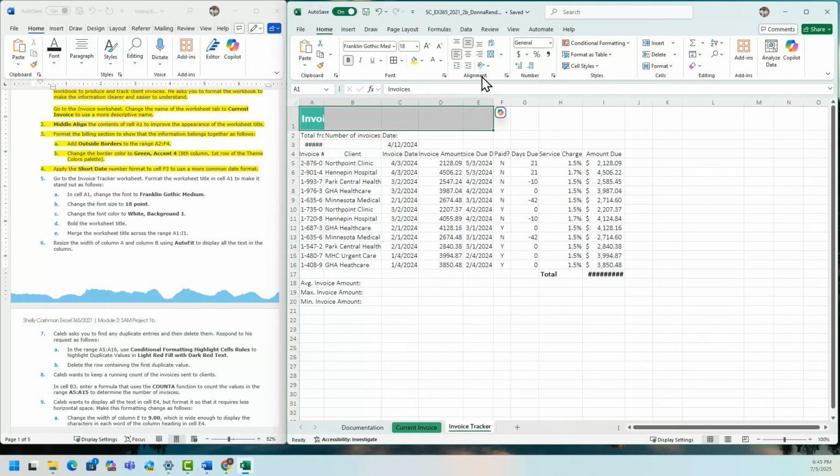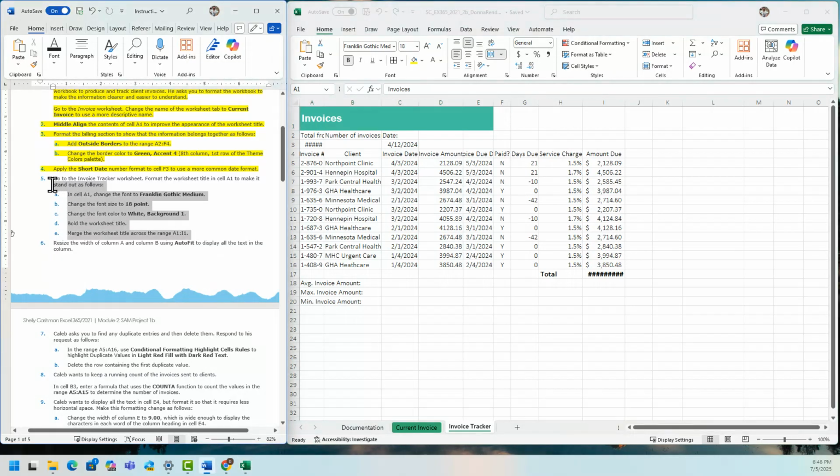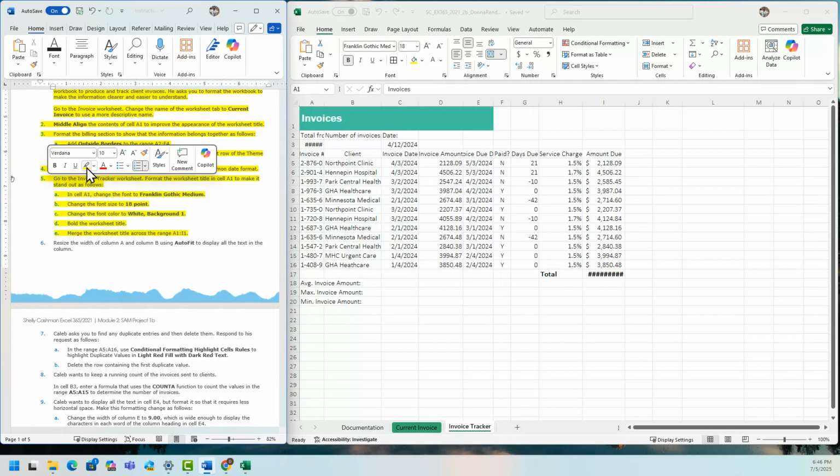Merge the worksheet is here, but I'm just going to merge cells. So you have to select the down arrow and then merge cells. Okay, so basically I'm done with step 5, A, B, C, D, and E.